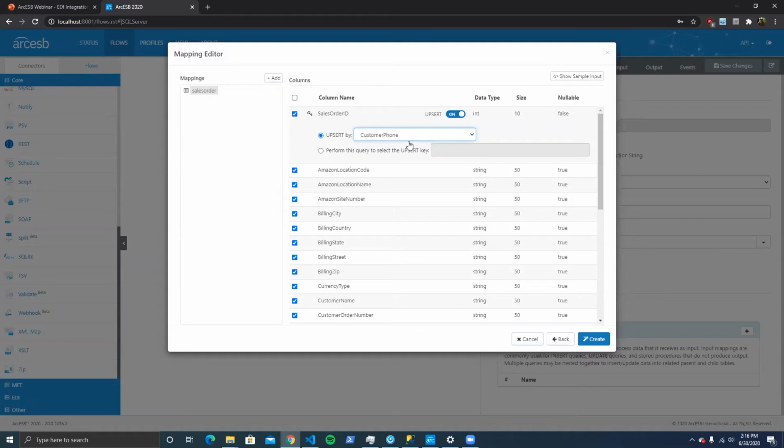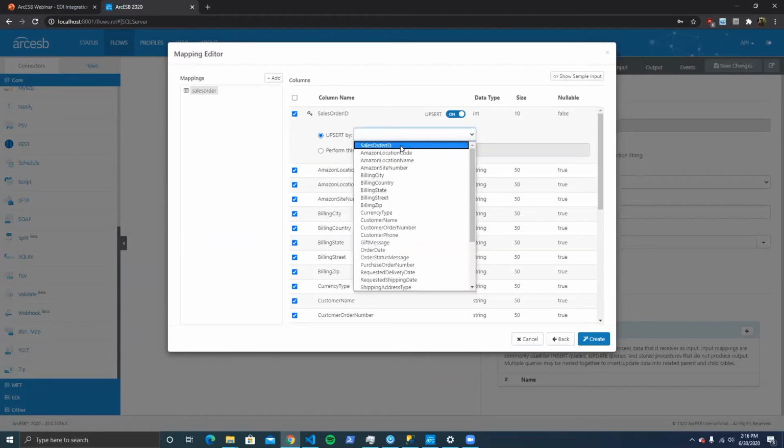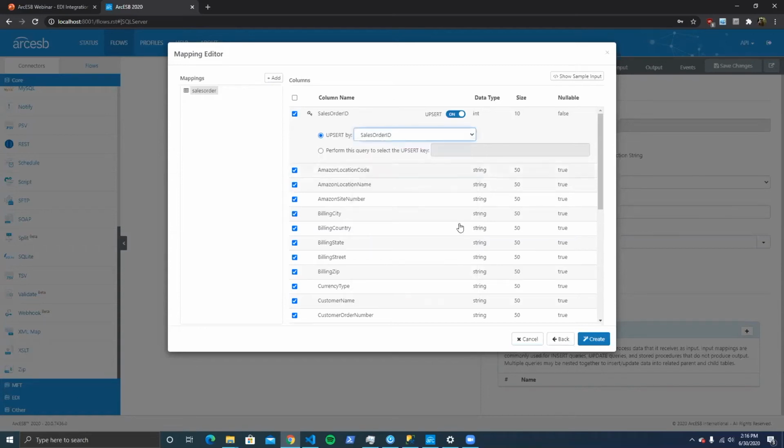And if you need even more granular control, you can perform your own custom SQL query to determine what column to select for this upsert logic. But as I said, I'll be okay with this default behavior of using the primary key to perform these inserts or updates. Now, the last feature that I want to cover here circles back to our question about the two